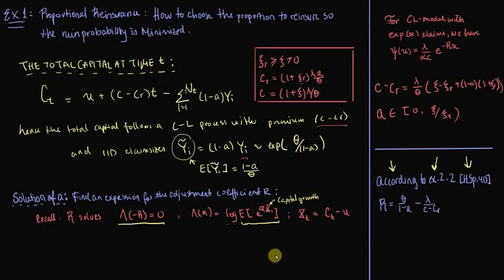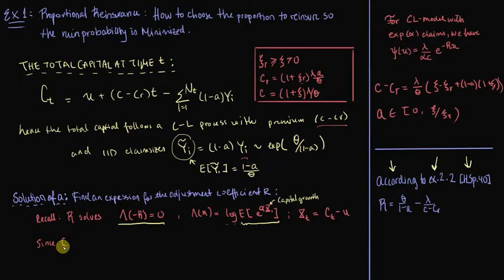So if we had any other process than the Cramér-Lundberg process, we would have to go in there and calculate the moment generating function and so on and so on. But since we have the Cramér-Lundberg process, we actually also have,